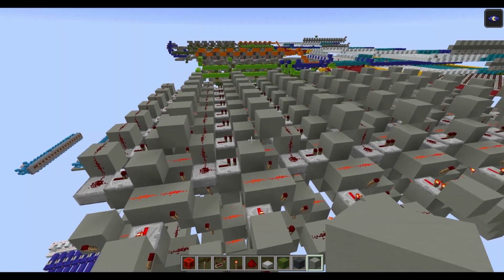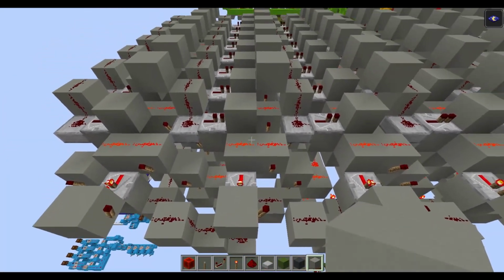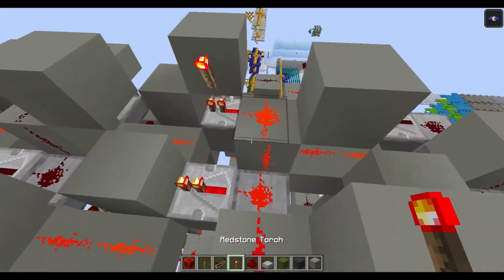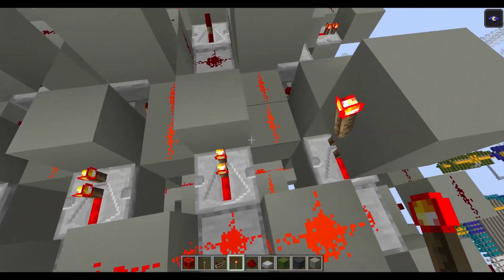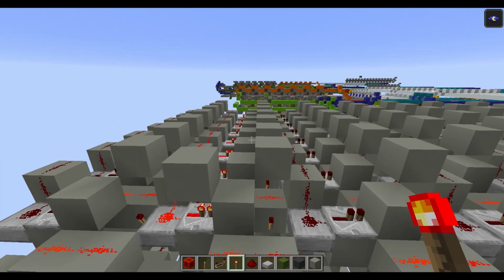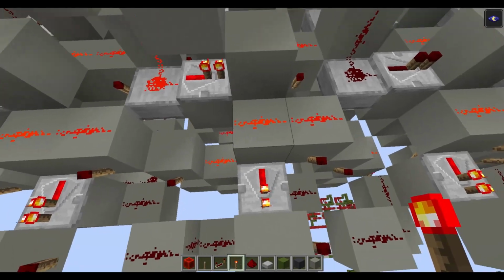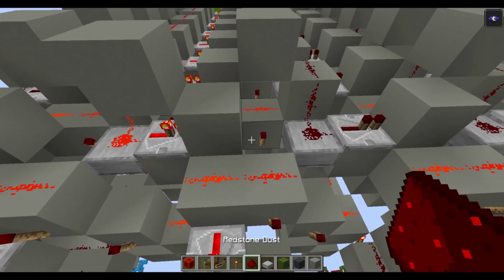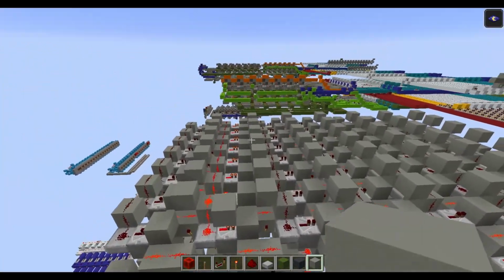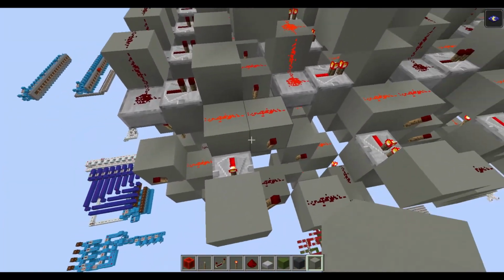Now we want to lock the writing of memory. So from this torch here we can lock these repeaters and lock these lines of redstone. So now in this byte the signal can go through these torches, but it can't be saved in the memory. By default, it's really important that the signal can go through but can't be saved.